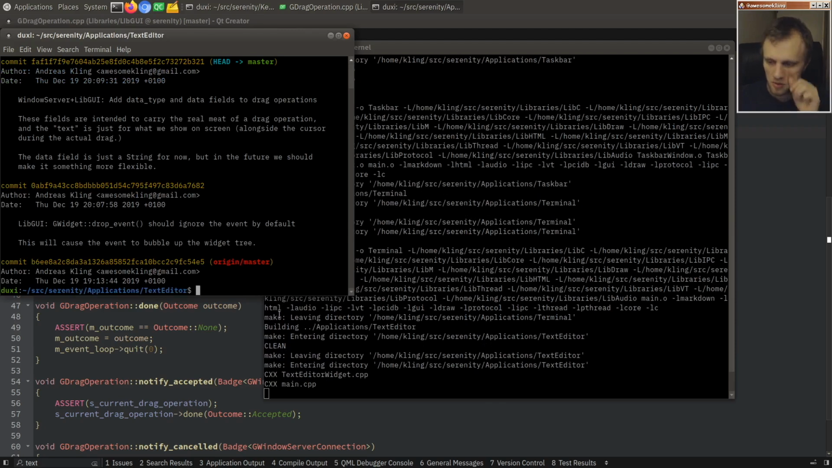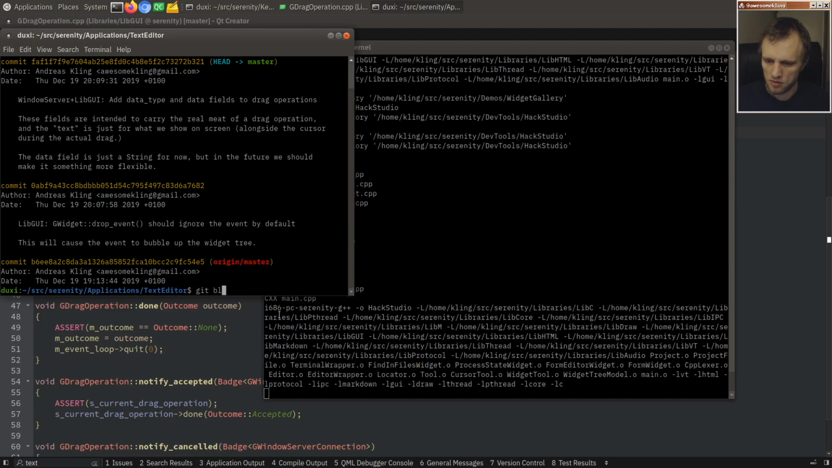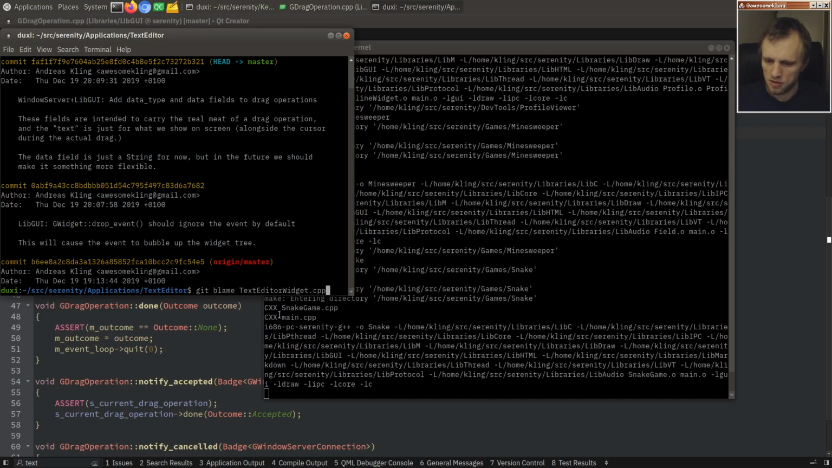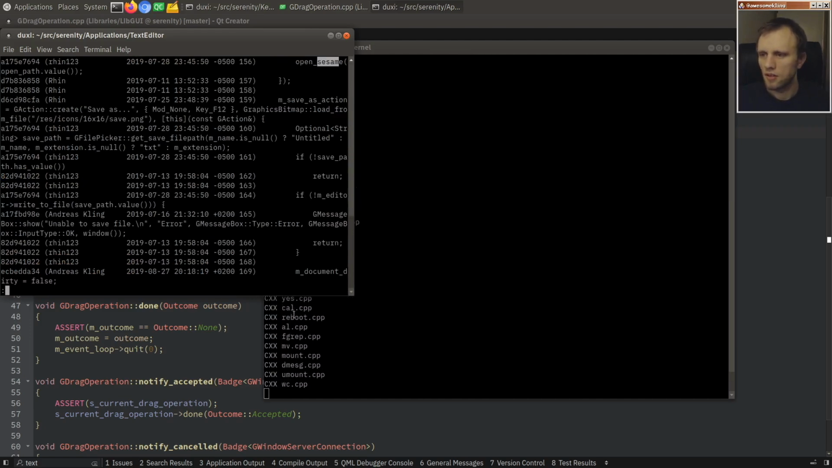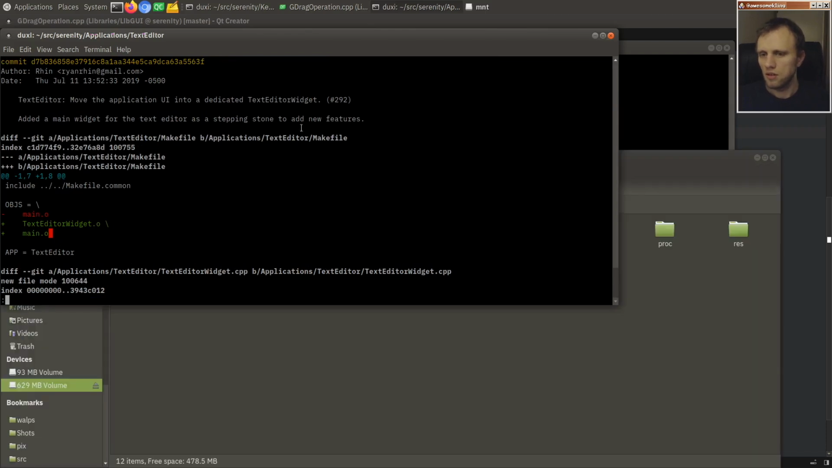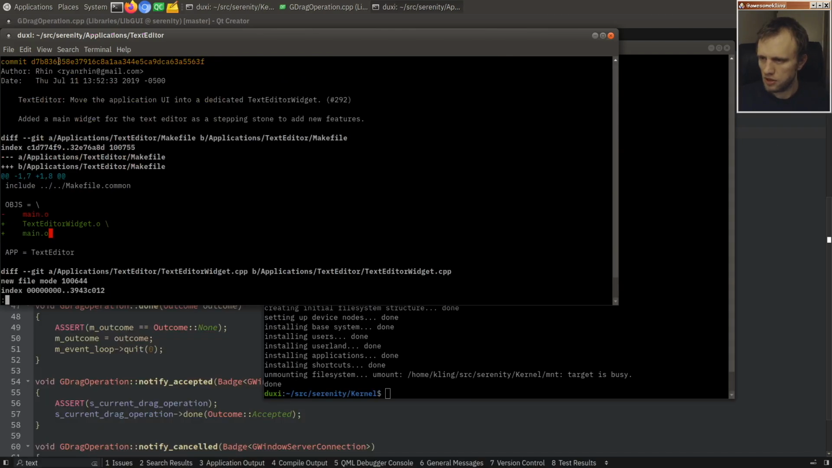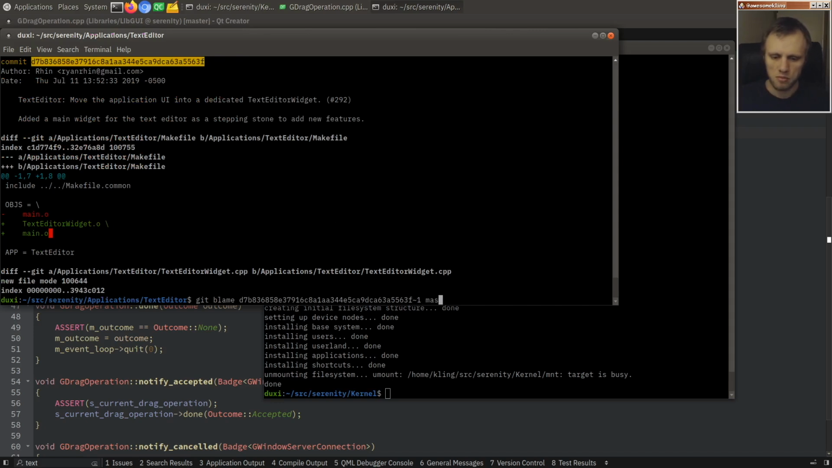Sesame. No mention? Plain text editor widget. It's this commit. Moving the application UI to a different file. Right, so it was in main before this change. So main